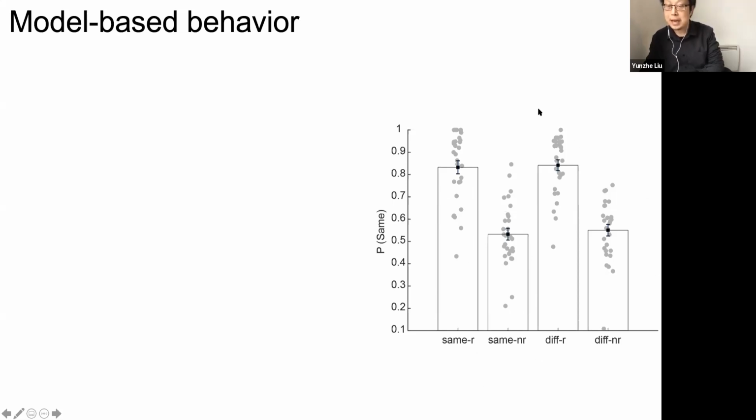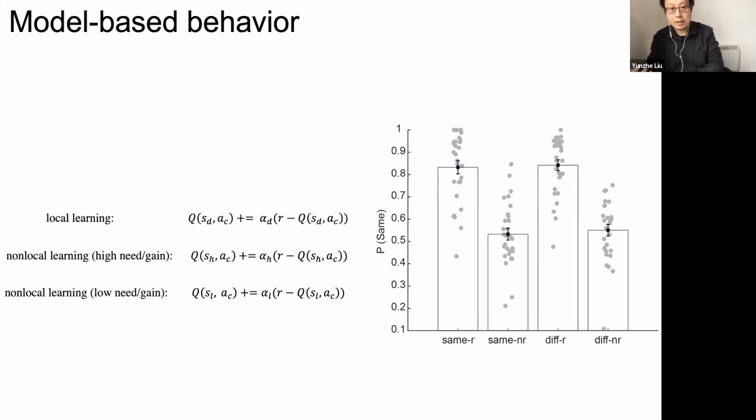And this would be an index of model-based learning, i.e. if I start from a different arm, what is the probability that I am going to choose the path leading to the same outcome as the last trial? And you would imagine if I'm model-based, I would be more likely to do so if I got a reward on the last trial. And this is indeed the case. And the difference between model-free and model-based in this task is indistinguishable, which means the participants indeed are really model-based in this task.